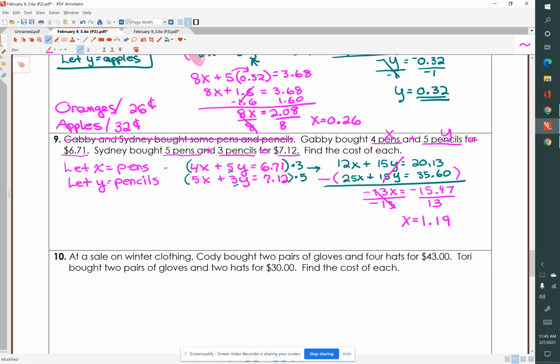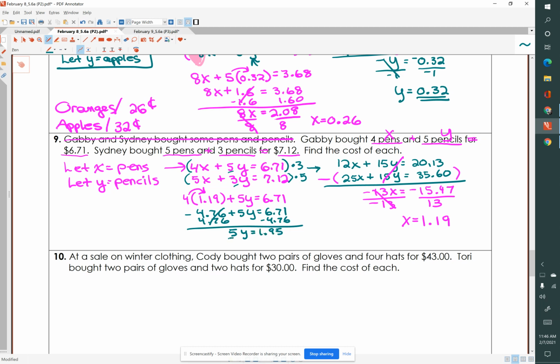Now I'm just going to substitute that. I think I'll use the first equation. So 4 instead of x, $1.19, plus 5y equals $6.71. First, I need to distribute. So 4 times $1.19 is $4.76 plus 5y equals $6.71. I will subtract $4.76 from both sides, which leaves me with 5y equals